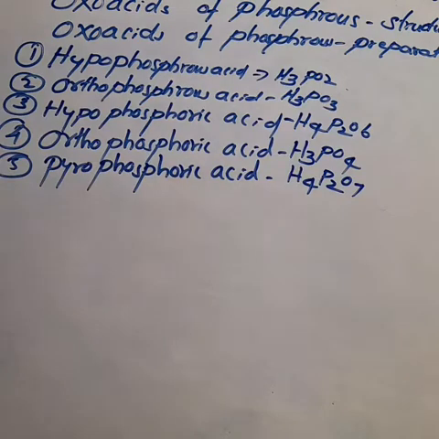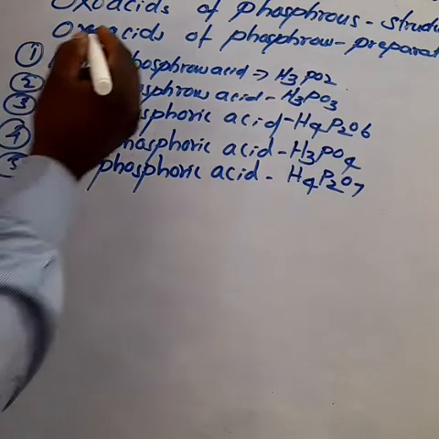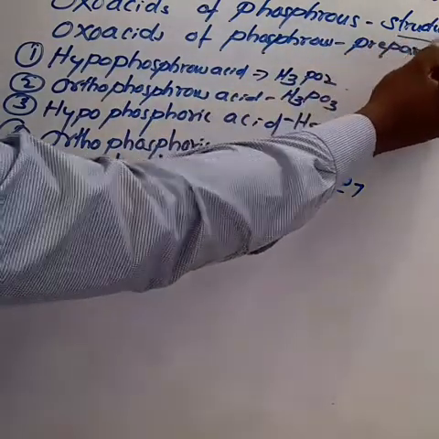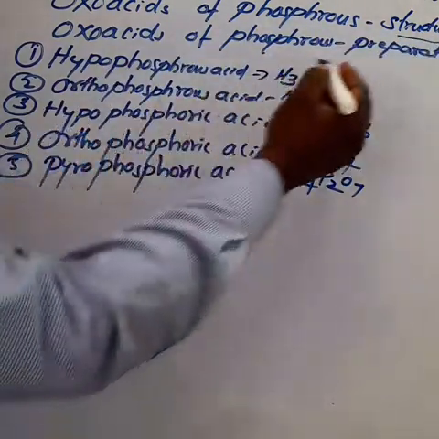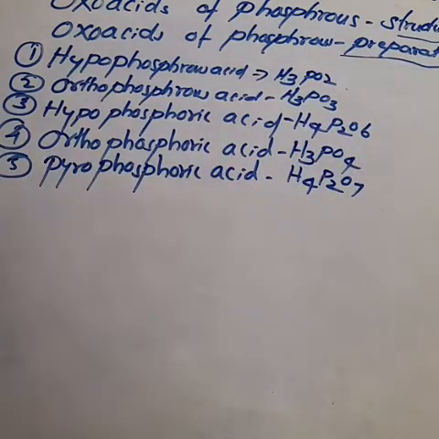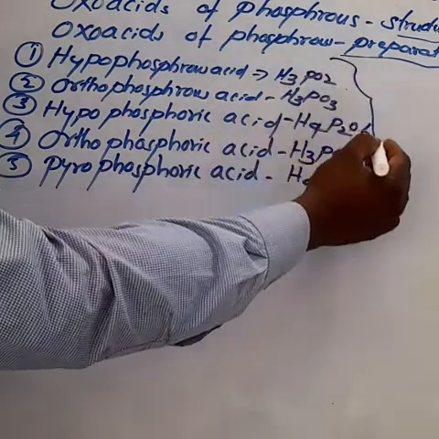Today we are going to discuss P block element 2, unit number 3. Oxo acids of phosphorus structure. Oxo acids of phosphorus preparation. First we have to learn about the preparation. Here we have